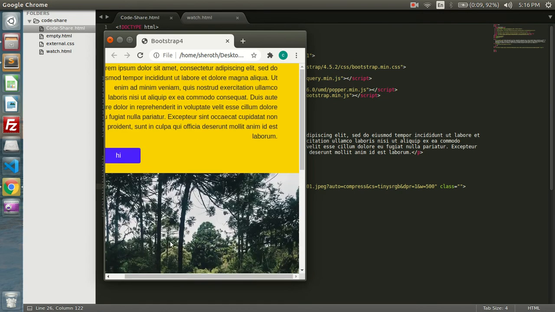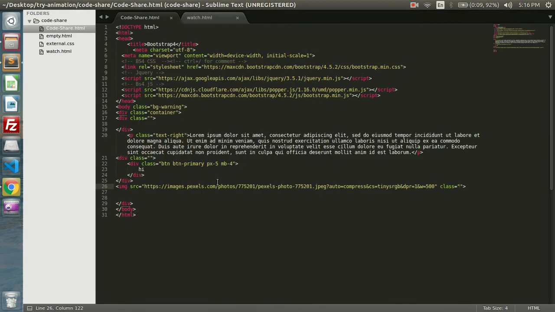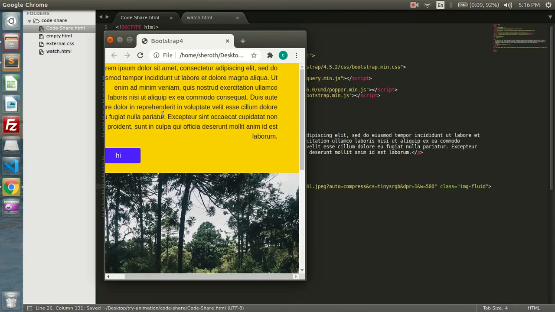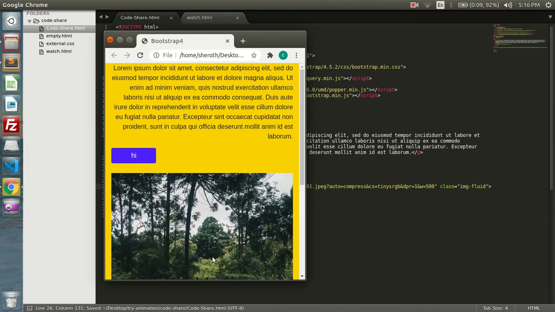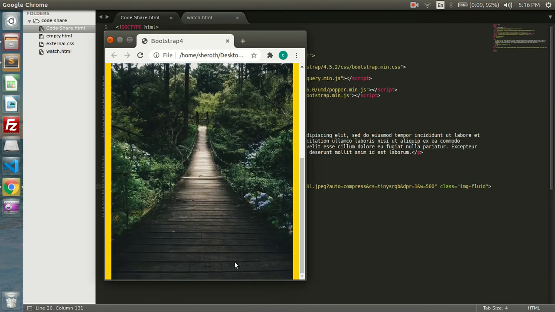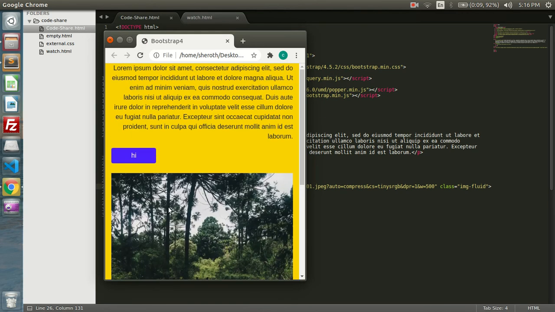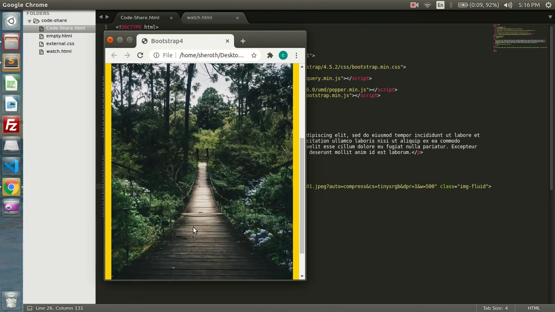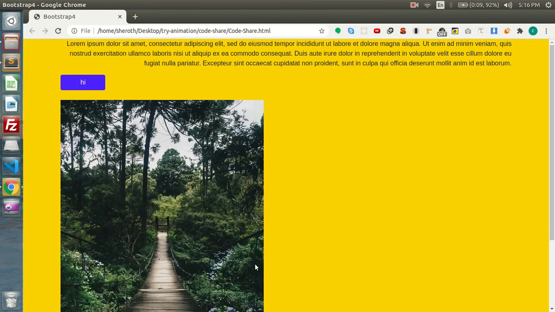In order to make the image responsive, you have to put img-fluid. Now reload the browser. See, the scroller is hidden because the image automatically resizes according to the viewport on mobiles, according to device size. That is the purpose we use img-fluid.